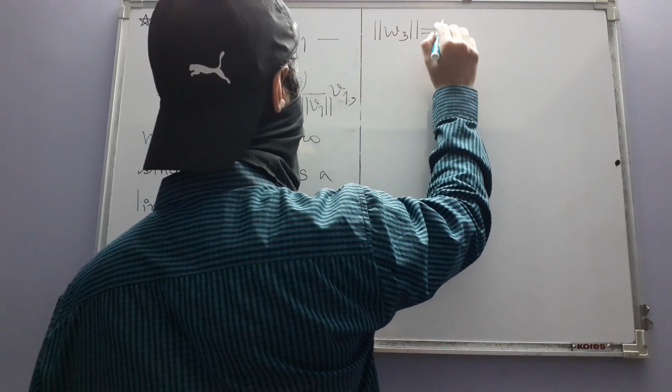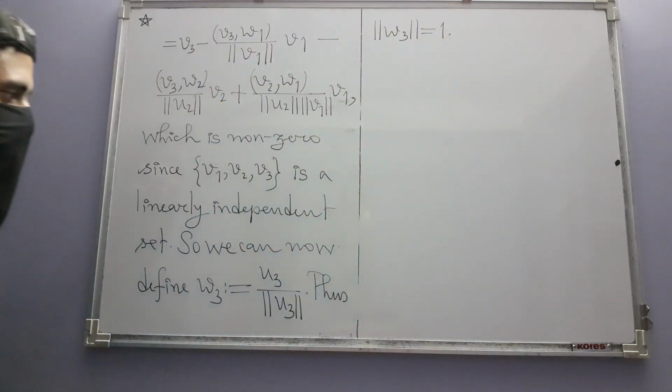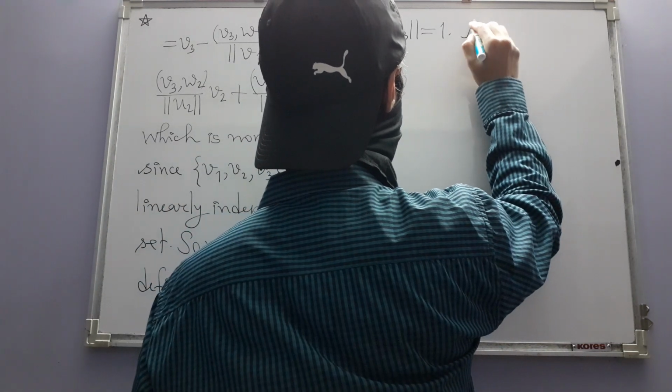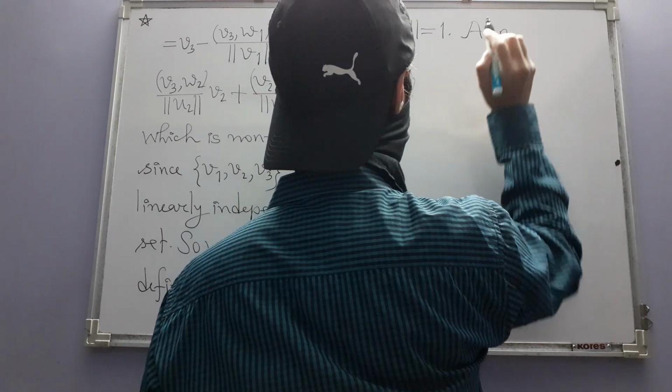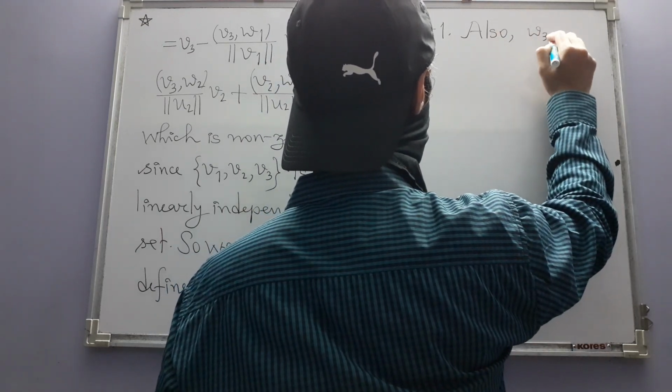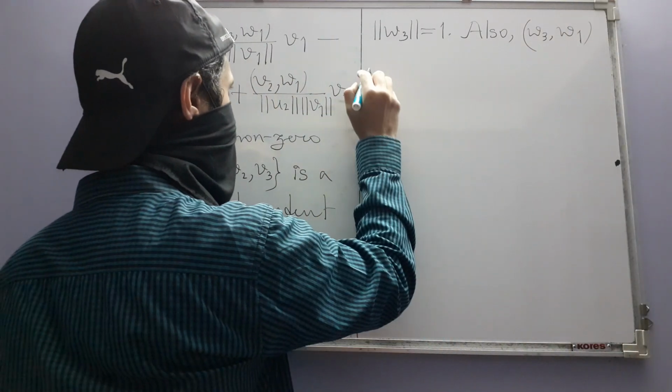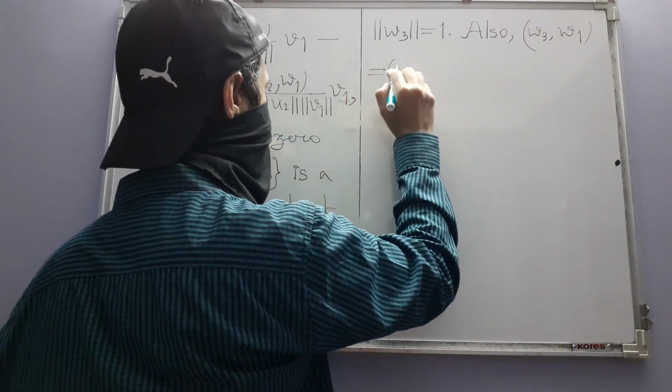So w3 has length 1. Also, if we calculate the inner product of w3 and w1,